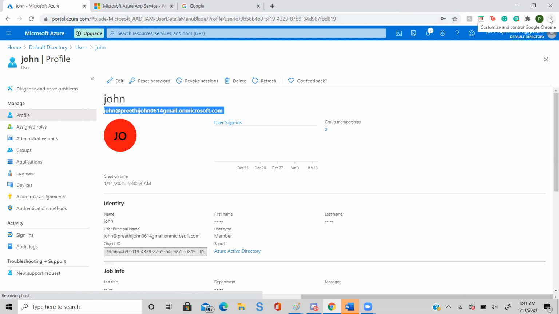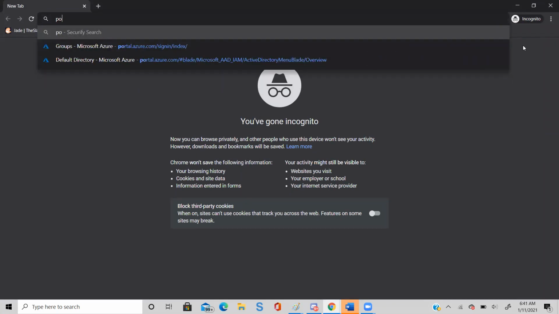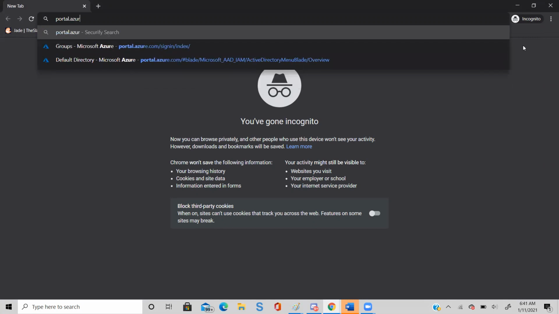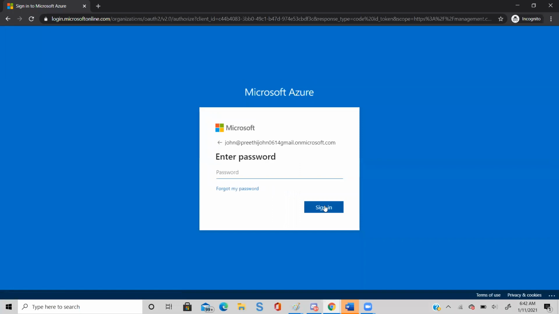Open incognito, go to portal.azure.com. Paste that name. I think you have a space, hold on. Okay, no problem. Just type the password.